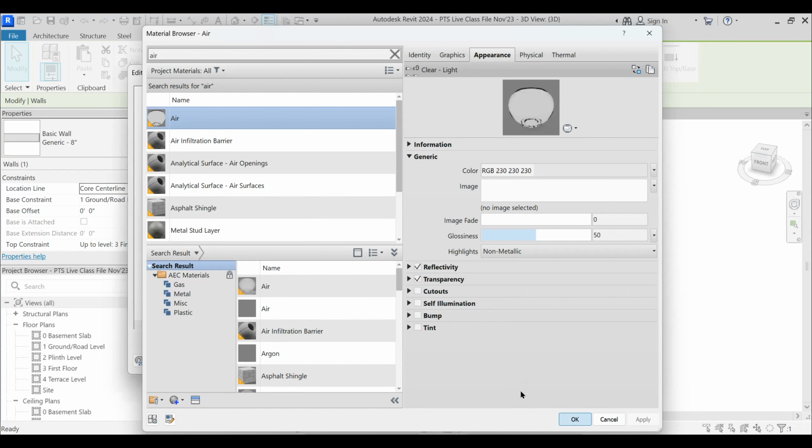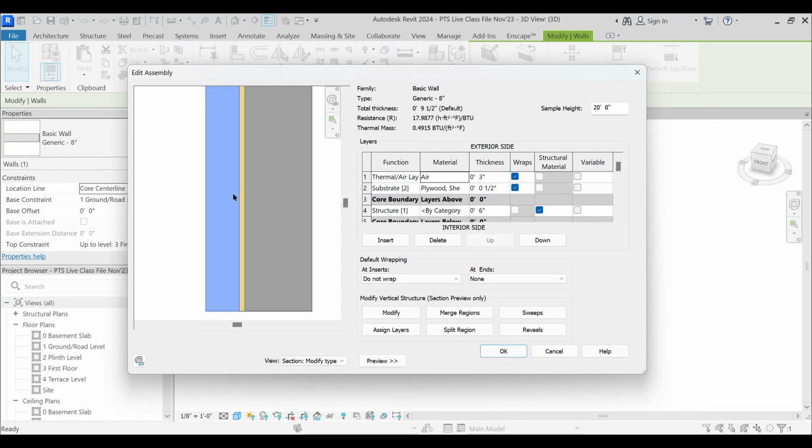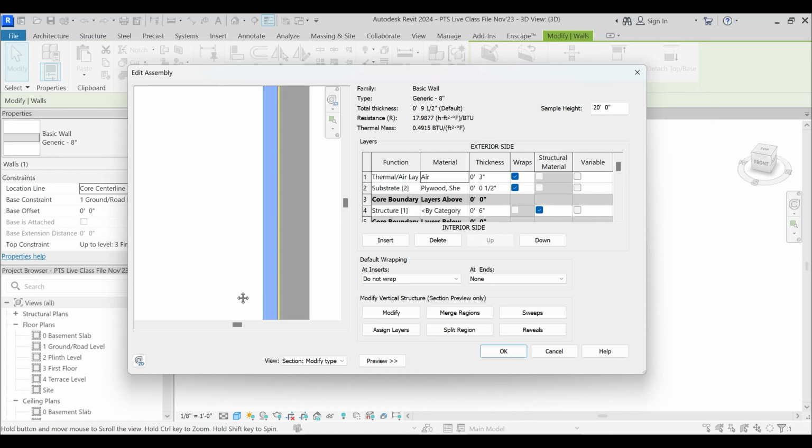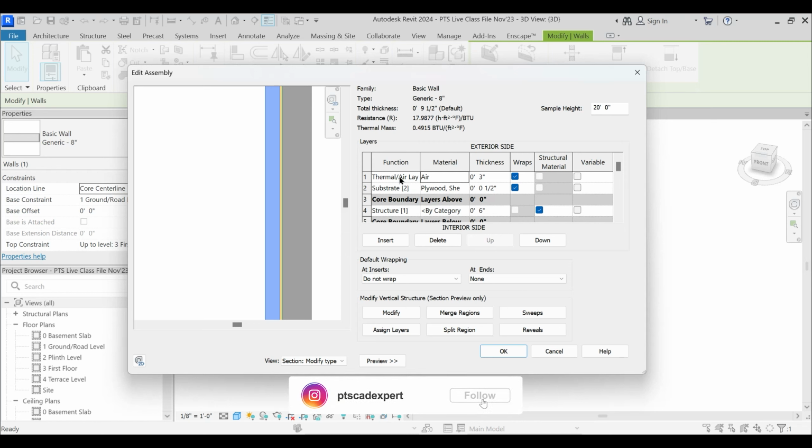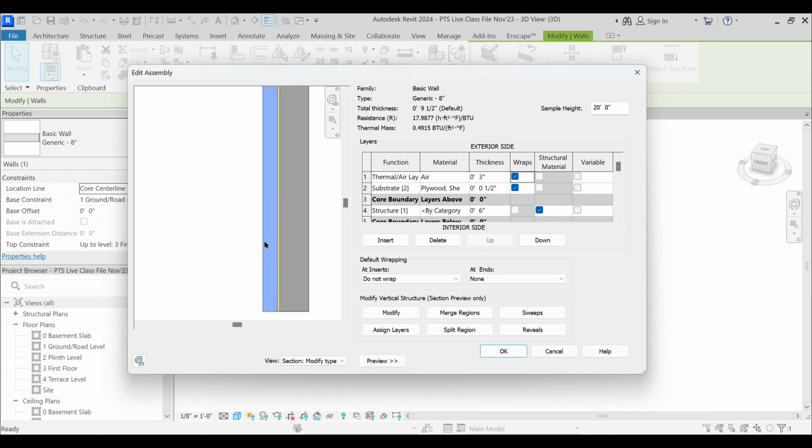So I'll just provide that particular material to this particular wall. But now, what is this thermal air layer and why do we provide it? Which has a thickness of 3 inch. 3 inches, almost 75 mm. See, if I enter 75 mm, it will reach this fraction, 2 61, this ugly dirty fraction. But that is nearing up to 3 inches. So as I said, Revit is compatible with switching between units. So I will just directly enter 3 inches. So what is the thermal air layer and why is it provided?